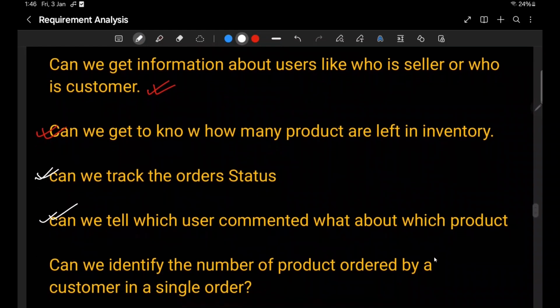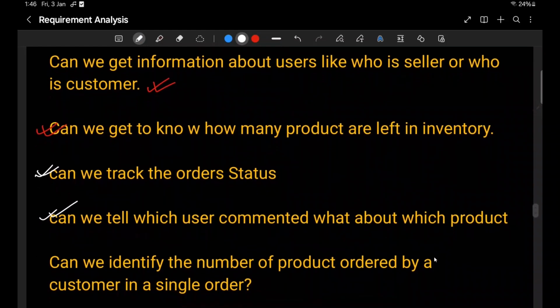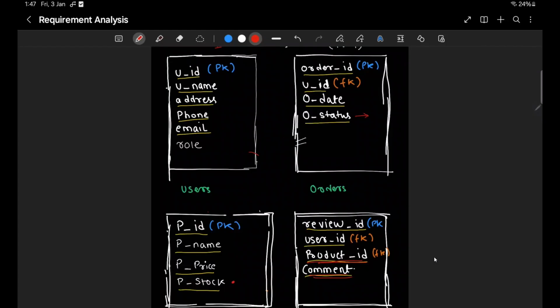Now the last question. Can we identify the number of products ordered by a customer in a single order? If you observe, by our logical model, we cannot answer the number of products available in an order. We do not have any foreign key to link the order and product tables here. So how do we achieve this?